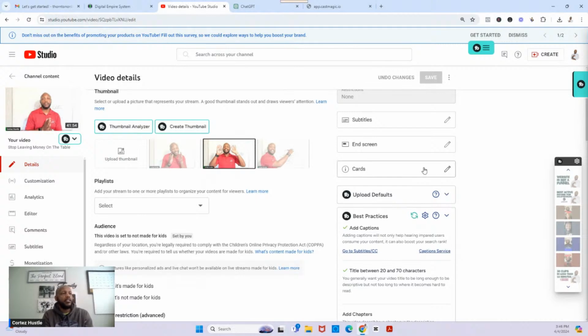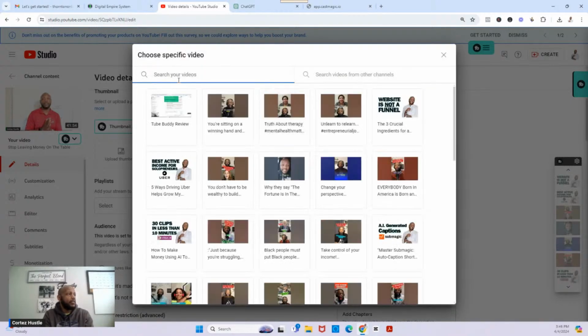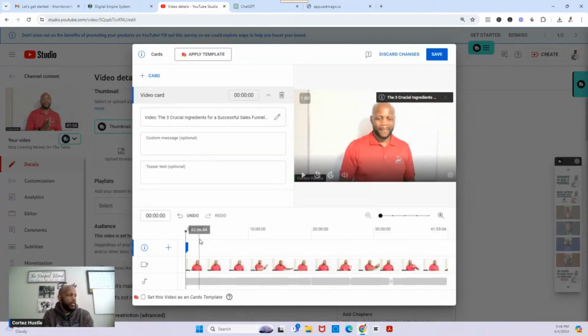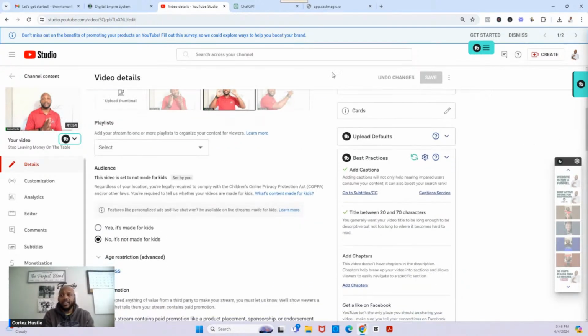It says you don't have any cards, right? So those little cards that pop up at the top of videos, then I'm going to say add a card that's going to take people to this video. And then I want this card to show up towards the end of the video. Then I'm going to hit save. And I'm not really trying to optimize all of these things. I'm trying to just make sure that each one of these elements are there to give my video a better chance of winning.